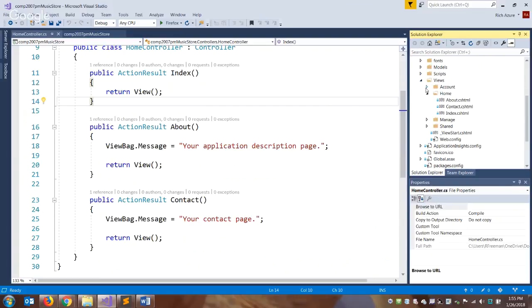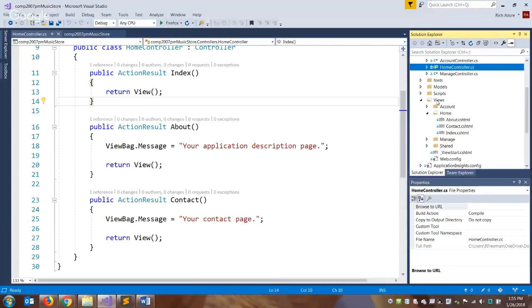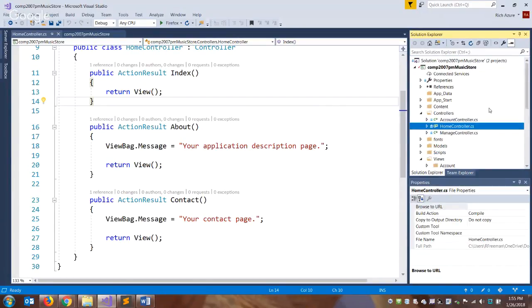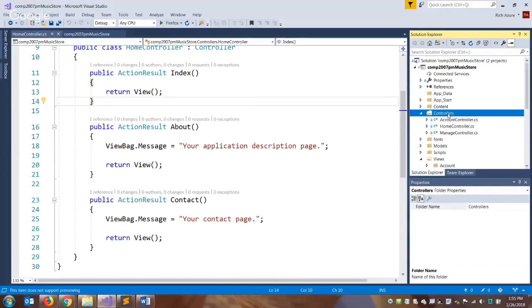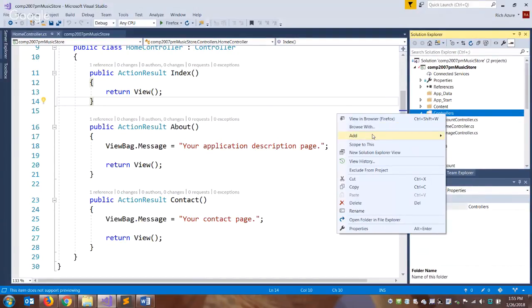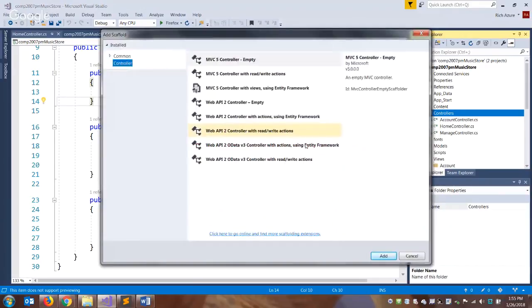The views folder is where all of our HTML files go. They get the extension .cshtml. So for each controller we make, we either will make a subfolder in views ourselves, or we can actually get Visual Studio to auto-generate this. Remember I said it's big on doing stuff for us. So if I go ahead, I won't save this, but if I add a controller,